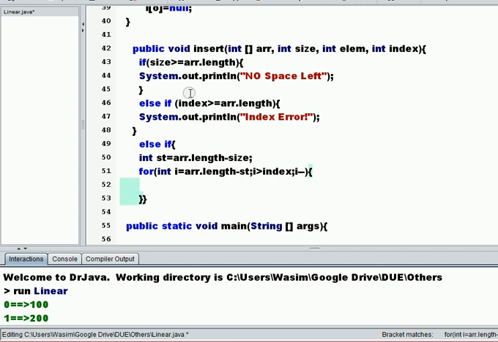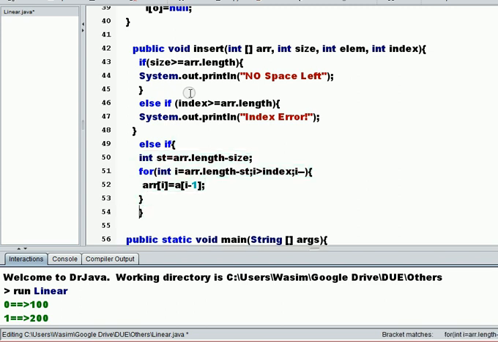Now you tell me, what do we have to do here? I told you that we have to shift the elements. So we have started from the end, kinda. Now all I have to do is, in that index I'll have to put the value in the previous index. So I'm actually bringing the values from the left to the right, and this loop will continue until it reaches the limit. After that, now I have my space, so now I can go ahead and input the value in that index,